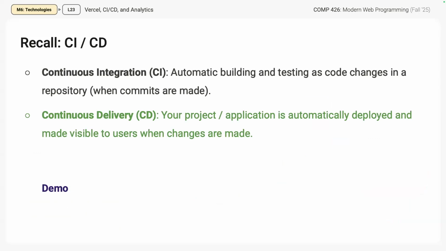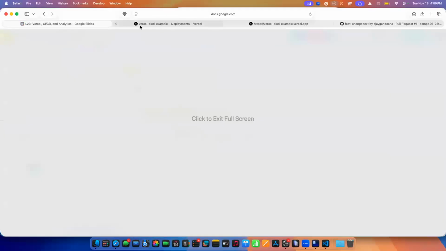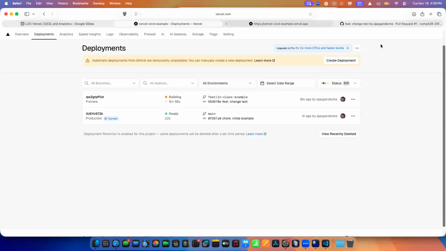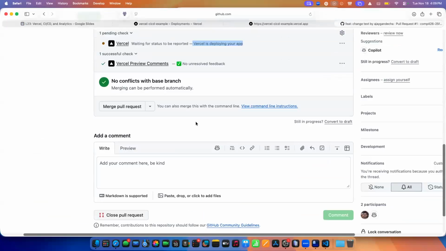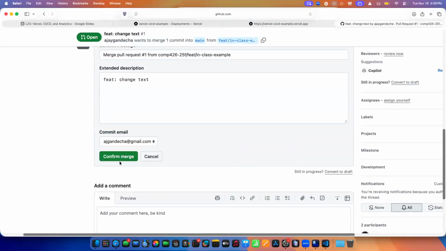Again, a very broken demo here. I'm going to show what this would look like. Again, deployments are not working. But if I go back to GitHub here and just merge this into main, so I merge this PR